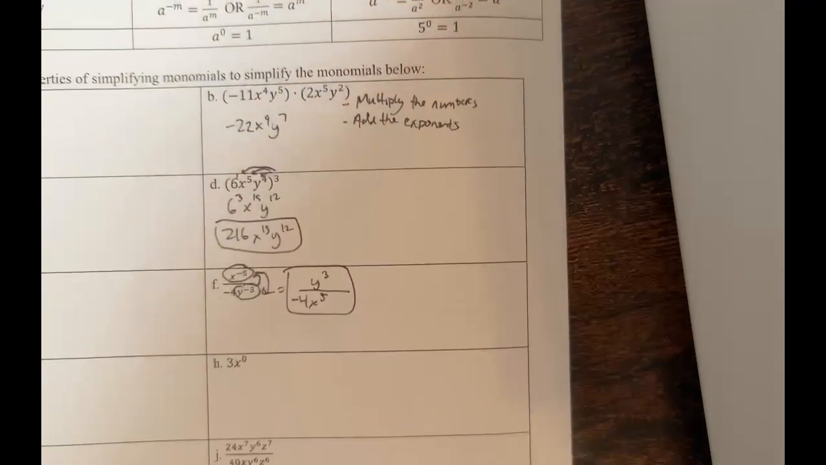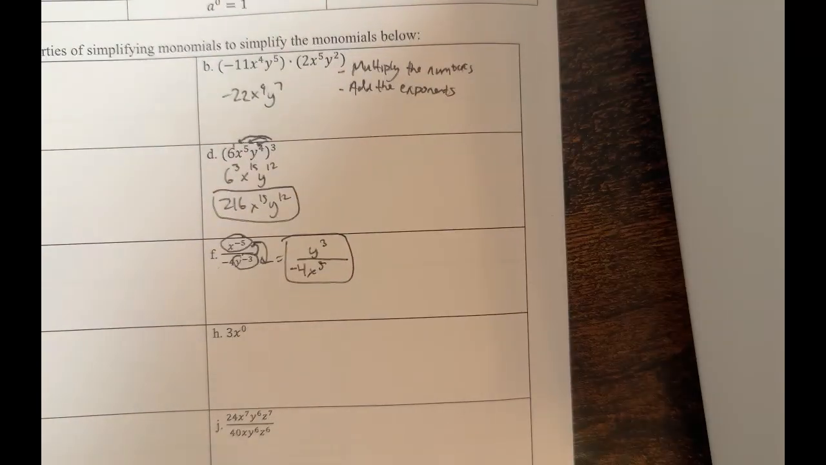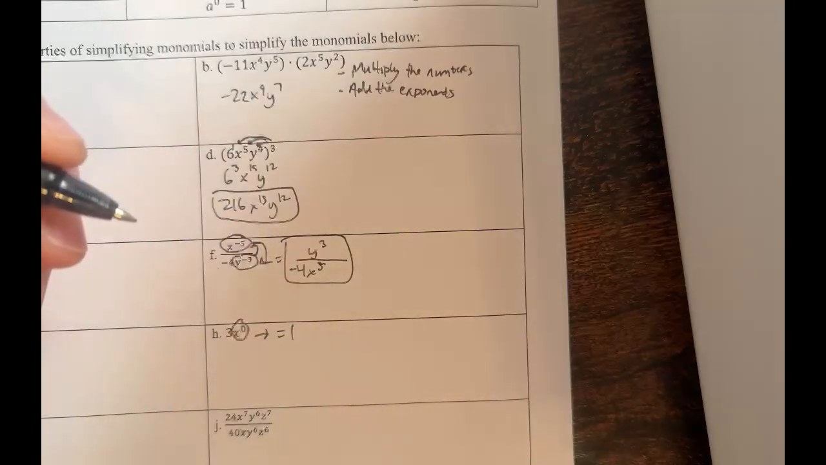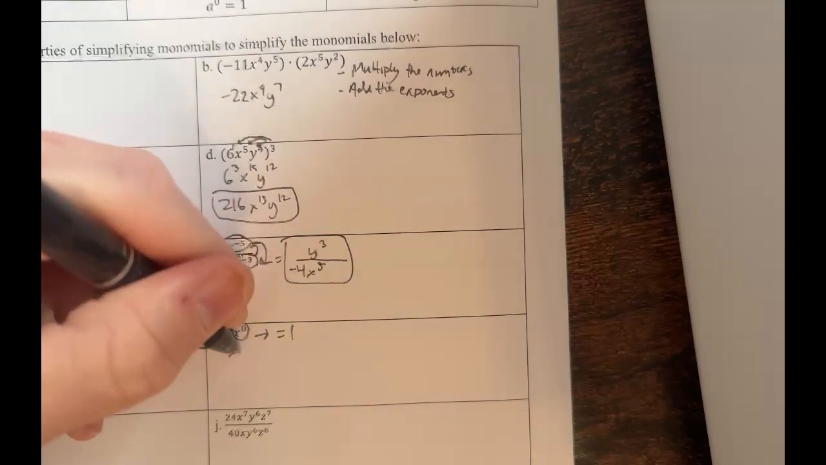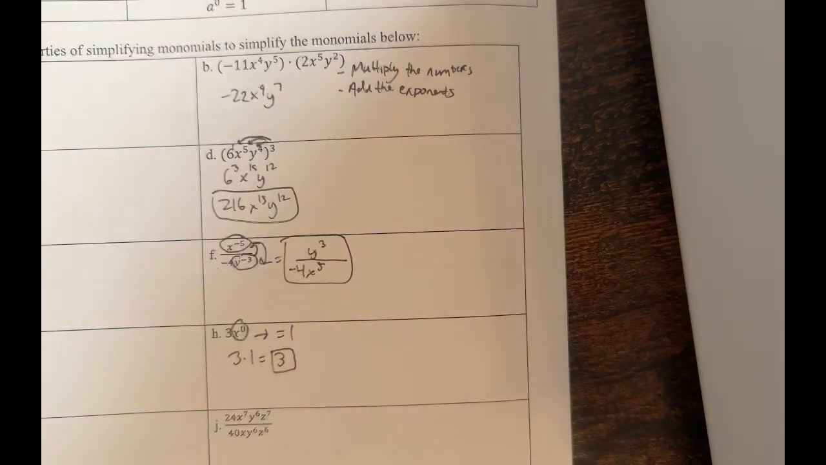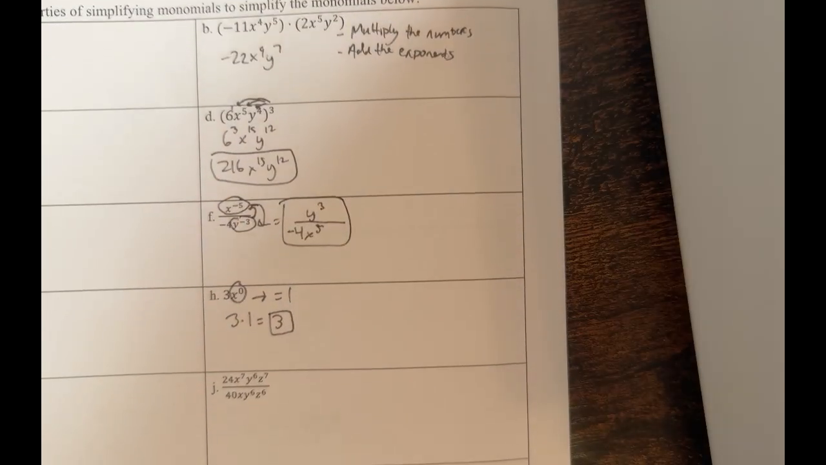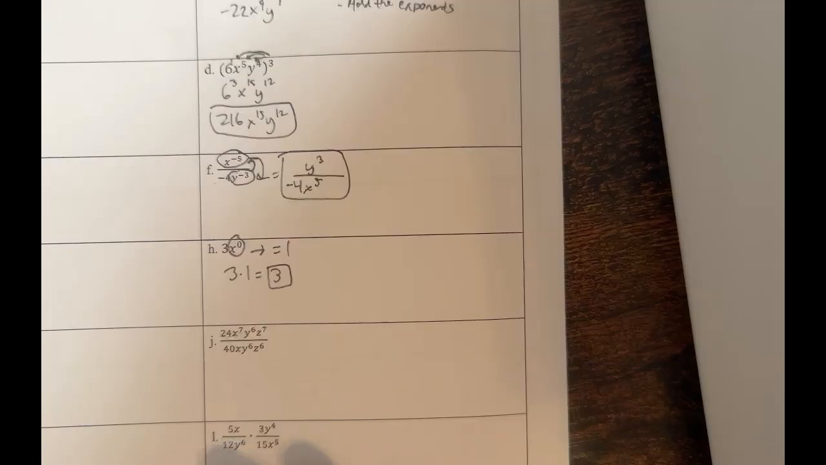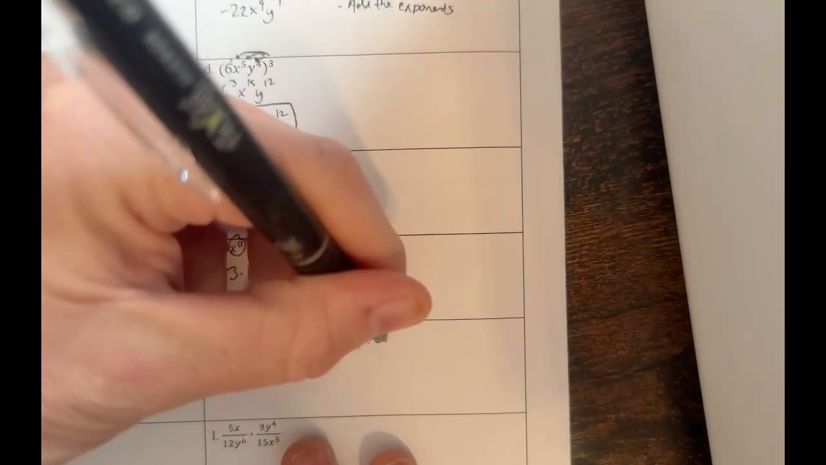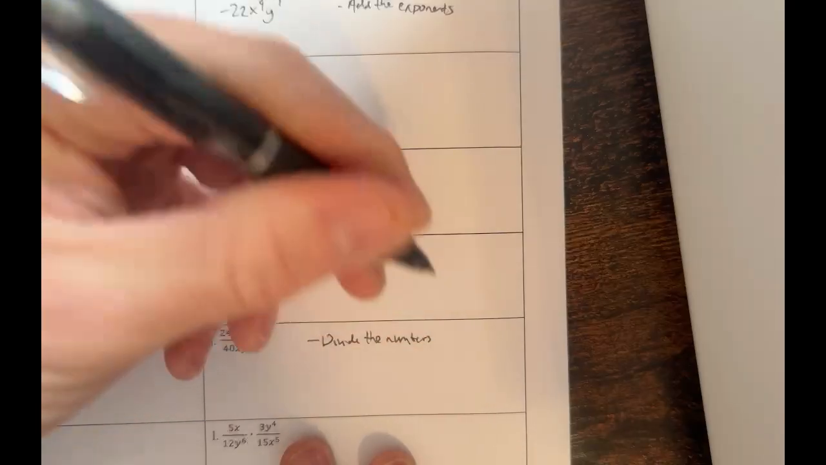Okay, let's go to H. 3 times x to the 0. X to the 0, anything to the 0 power is equal to 1. So anything to the 0 power is equal to 1. So 3 times 1 is 3. Okay. Now the next one, what you're going to do here is you divide the numbers,